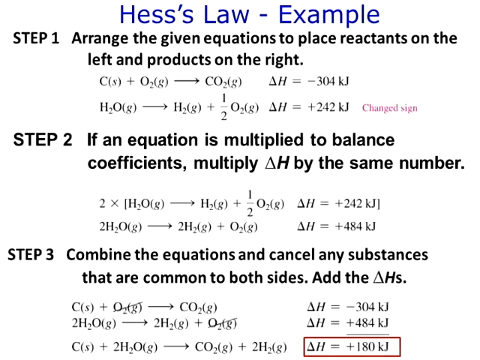This is something that should become intuitive to you, that reactants are on the left, products on the right. So we set this up. And the first one, we look at the standard values given for the first equation, and we note that this equation is written just as it appears in the standard tables. Therefore, we simply record the value of negative 304 kilojoules.